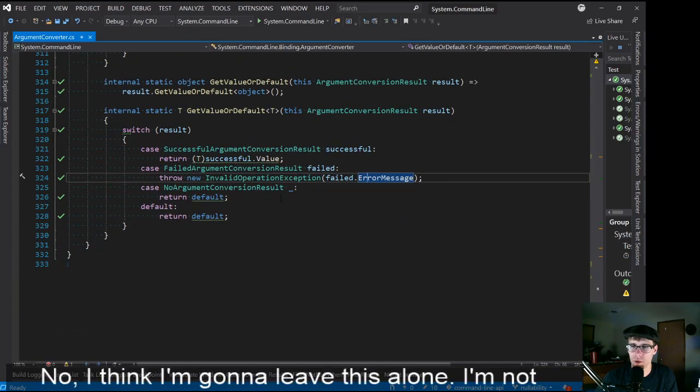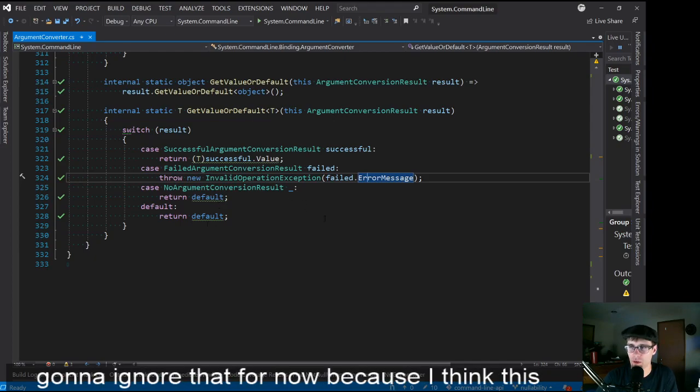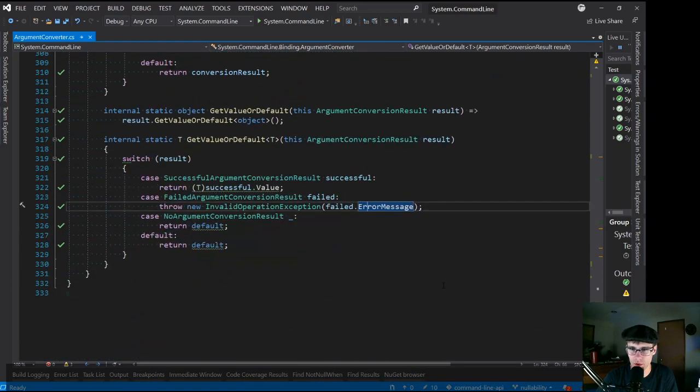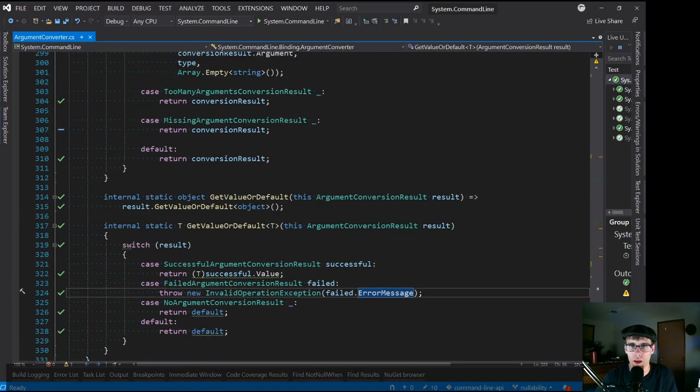Okay, so this one gets even more fun. Again, with the nullable reference types, generics get really interesting, right? Because how do you know if a value is nullable or not? So, for example, ArgumentConverter, this is GetValueOrDefault. There's no rhyme or reason of what T can be. This is unconstrained. And so we now get to the Schrodinger's generic parameters, where if this were an int,